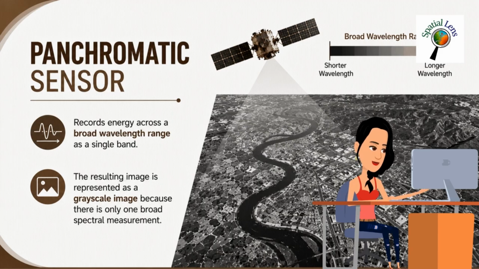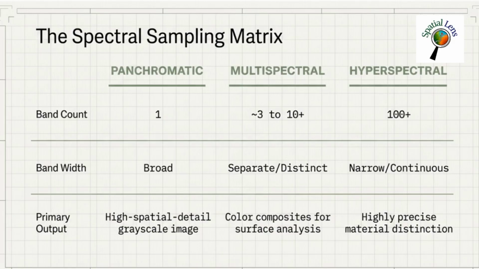A panchromatic sensor records energy across a relatively broad wavelength range as a single band. The resulting image is usually represented as a grayscale image because there is only one broad spectral measurement. Since the sensor collects energy over a wide wavelength range, it does not provide detailed spectral information like a multispectral or hyperspectral sensor. However, panchromatic imagery is often associated with high spatial detail and can be very useful when fine-ground